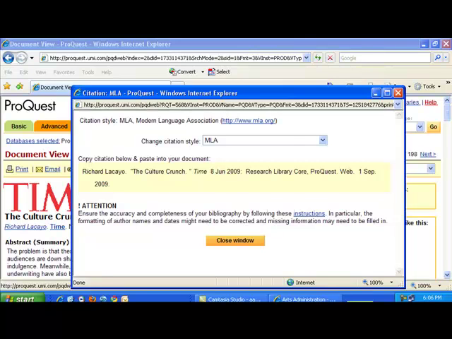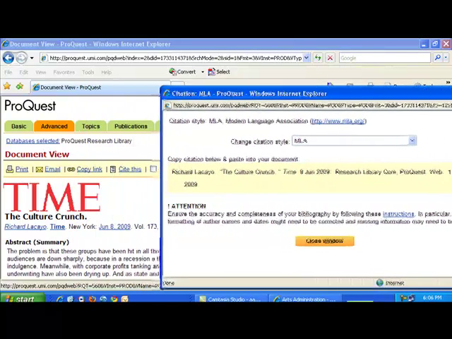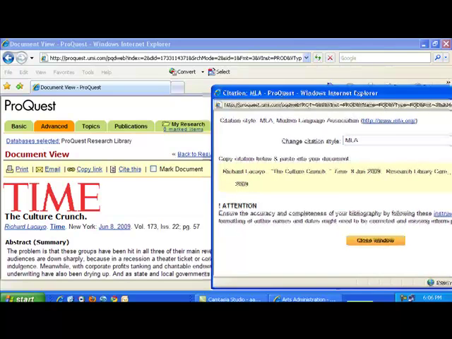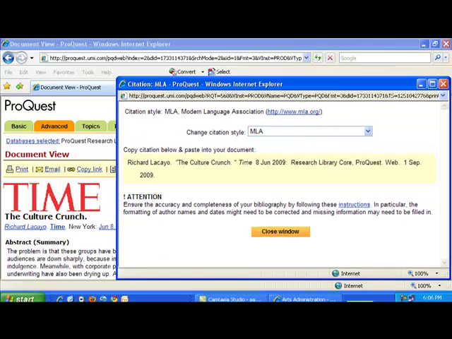However, one caveat, this isn't always correct. For instance, I can see right here that it forgot to give us the page number, even though Proquest does know the page number right here. There's also a couple other things that aren't quite right, but it's still useful for getting a quick reference that can later be edited.